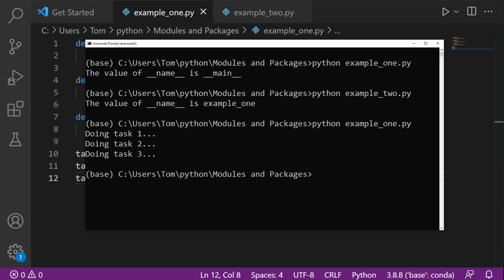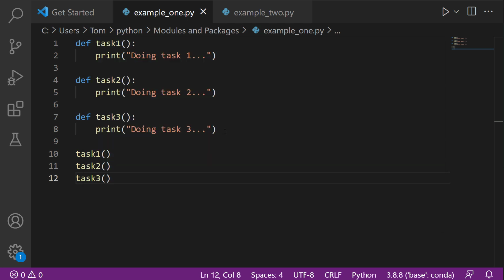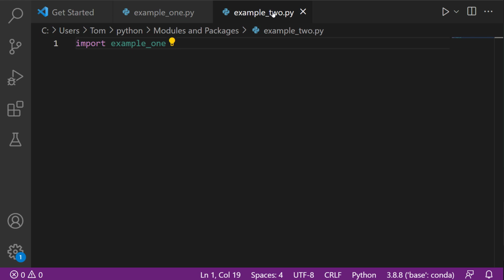Now let's say that we want to share our code, and another Python program wants to utilize one of the functions in the example_1.py file. How would we go about doing that? Well, let's suppose that the example_2.py file is the second developer who wants to use some functionality from the example_1.py file. Well, firstly, if they were to simply import